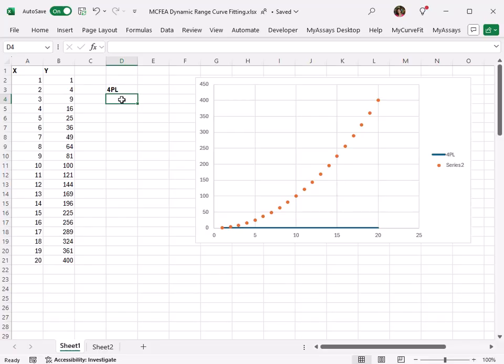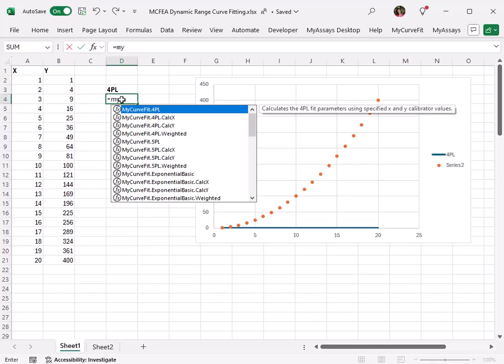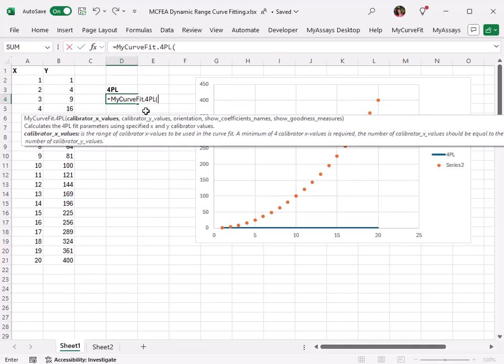I'll start by selecting a cell that will start the location for my CurveFit parameters to be housed. I'll enter equals MyCurveFit and select the 4PL option. First, we need to identify our X calibrator range. Typically, we would just select the calibrator values, but to add a dynamic range, we'll select A2 as our starting cell and enter INDEX A,